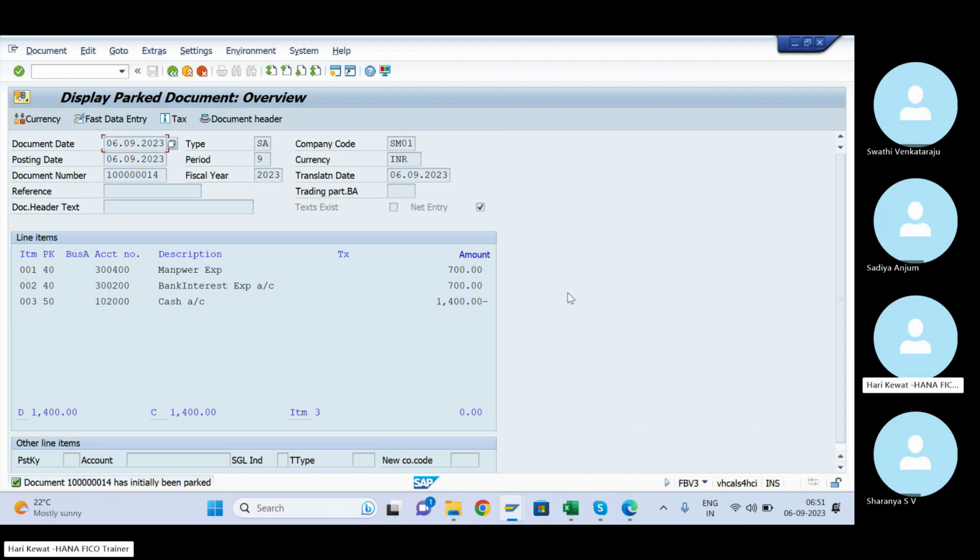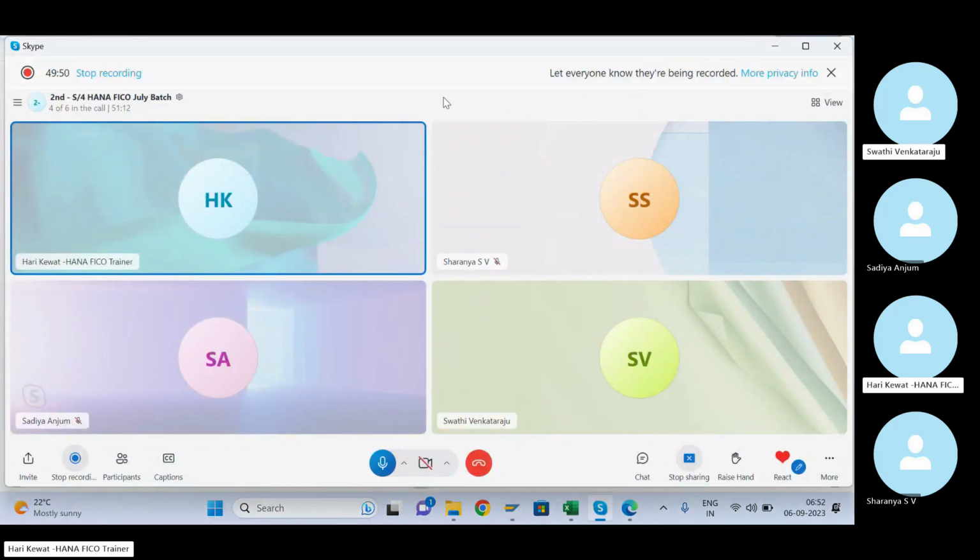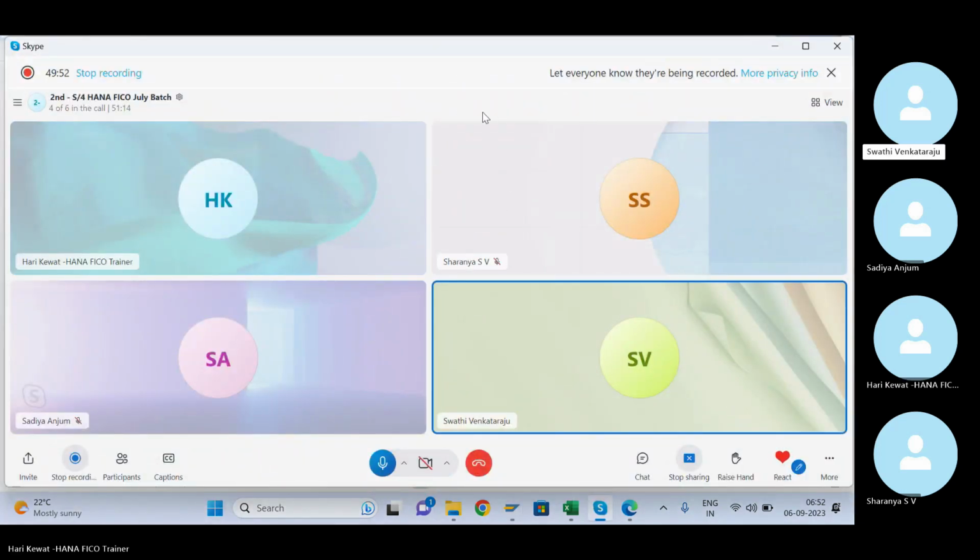So is the whole parking and approval clear? Any doubt? Yes, sir, it is clear.